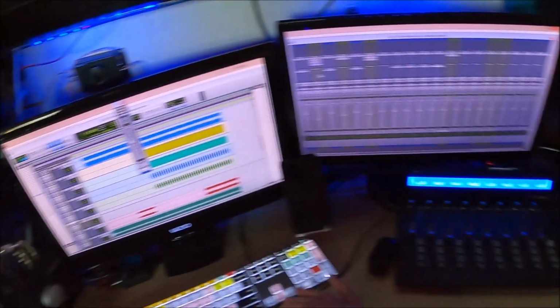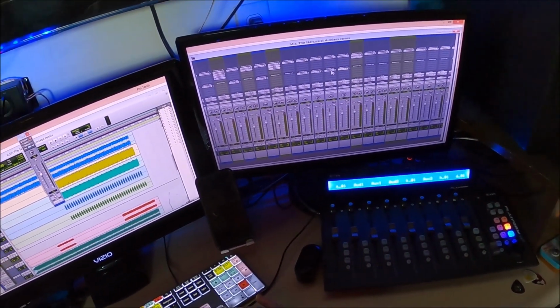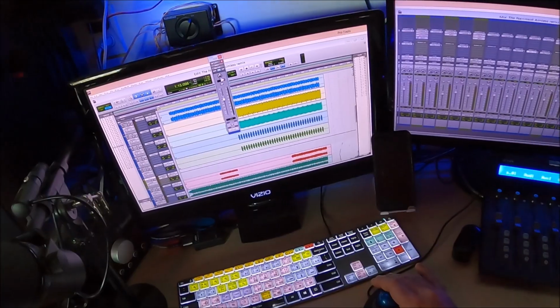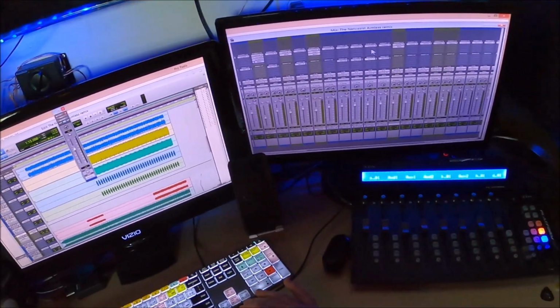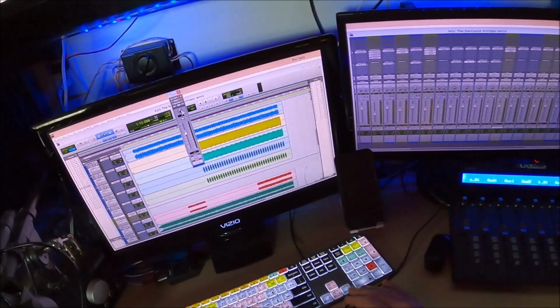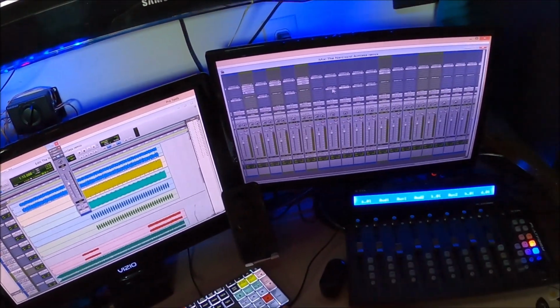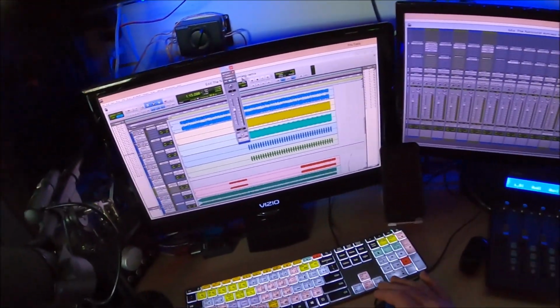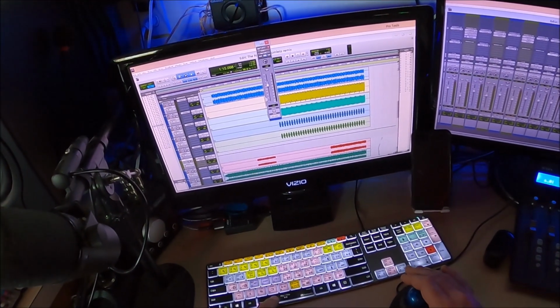So make the decision on the track for pan placement first, and then when you go to your buses, your sends, just have them match. I did that one opposite for a reason, and this might mix better later on in context. I might change my mind and put one of the guitars left and one of them right,